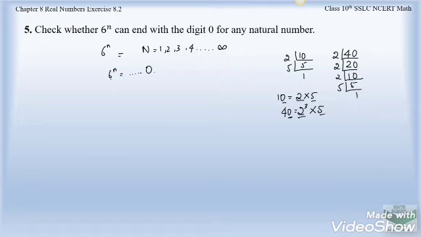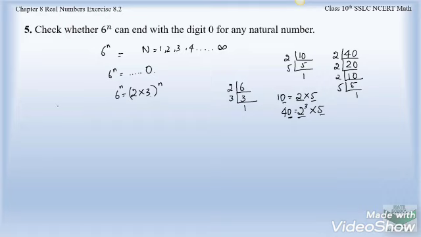So now let us find the prime factors for the number 6. If you factorize the number 6, 2 3s are 6 and 3 1s are 3. So what are the factors of 6? It is 2 into 3. For 6 power n, it will be 2 into 3 power n. Here we can notice that the factors of 6 are 2 and 3, whereas the factors for any number to end with digit 0 must be 2 and 5. Here number 5 is missing.